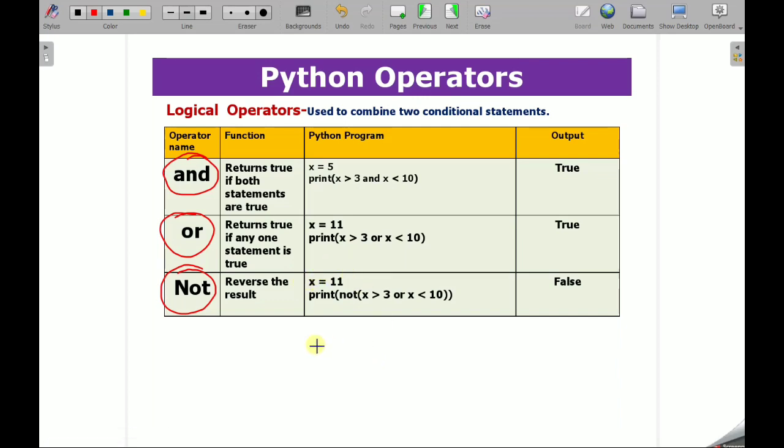So what is happening in case of the AND operator? I am just explaining here. If condition 1 is true and condition 2 is true, then the final answer will be true. Otherwise, in all the cases, like if it is false and true, true and false, or both conditions are false, it will be false.